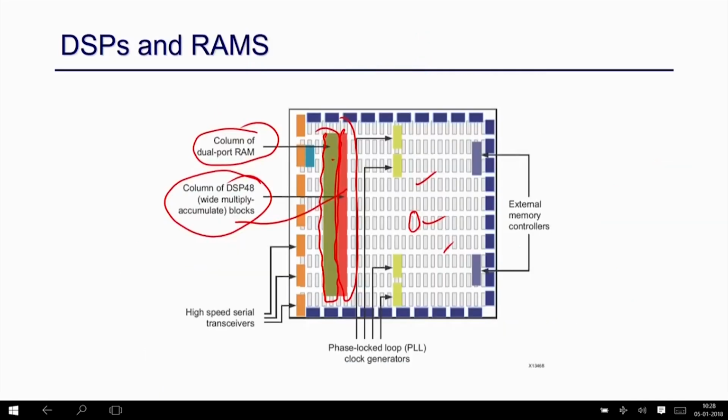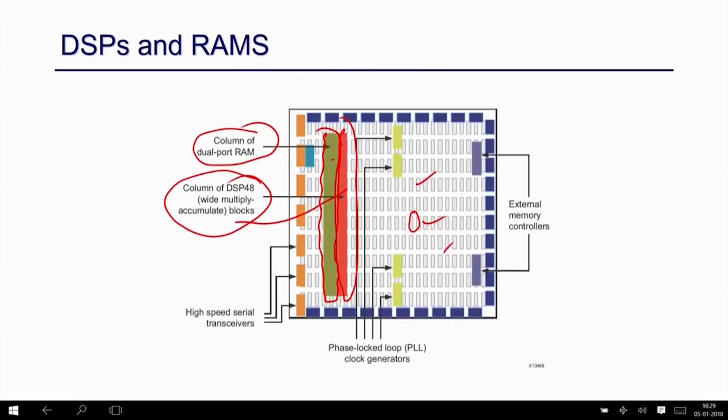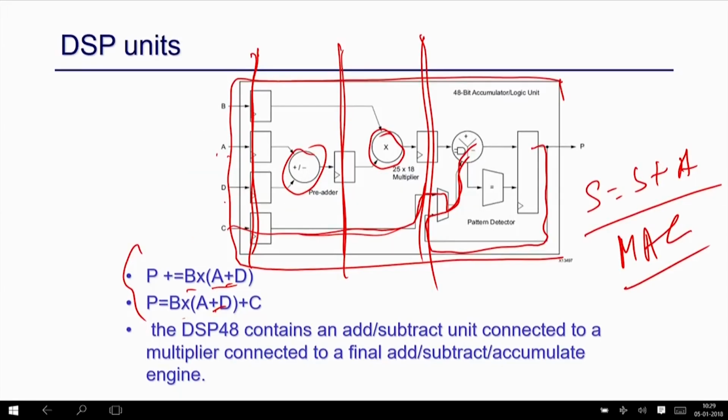So, this is what the DSPs are, and also it has some memories, RAM, where you can store the large arrays, RAM and ROM. Also it has some shift registers. Okay. So, shift register in hardware, you know, there is a specific kind of register where in every cycle, you shift the data by 1 bit, left shift or right shift, right. So, specifically in filter applications, the shift register is widely used. So, some of the memory is also shift register inside the DSPs, inside the FPGAs. So, this is the overall configuration of a